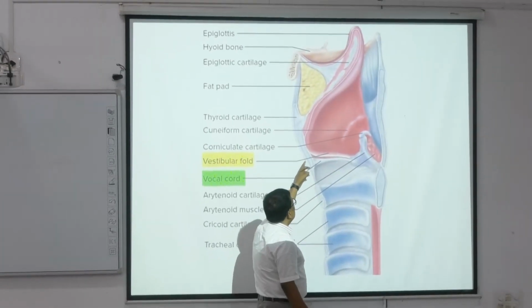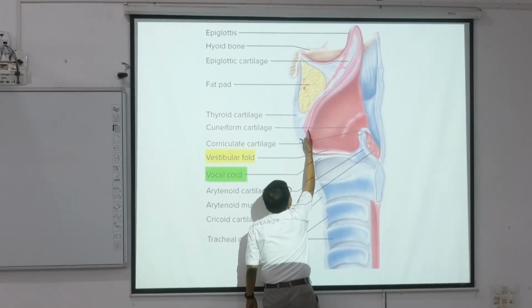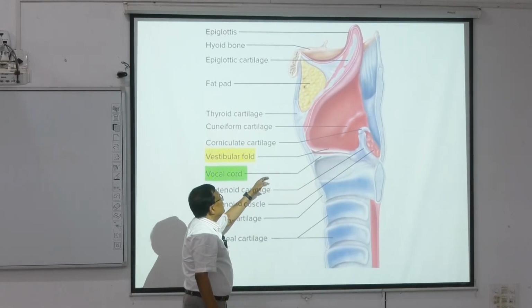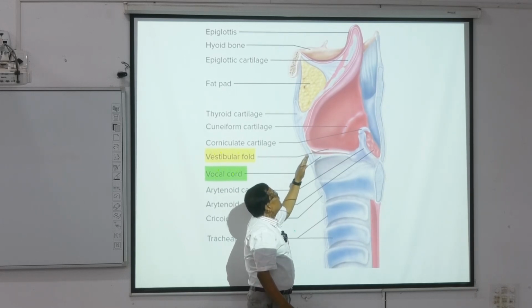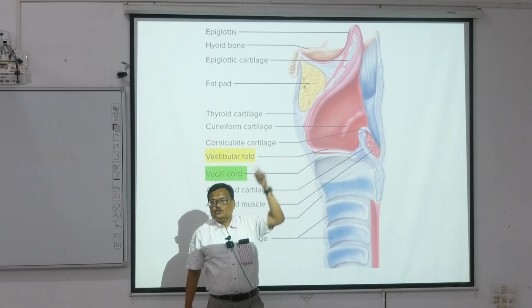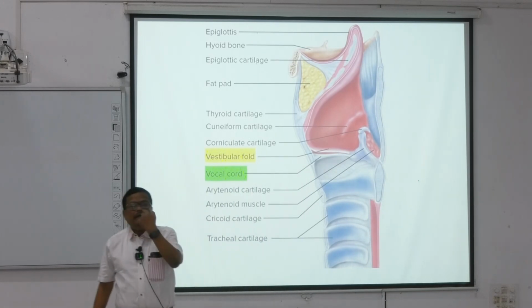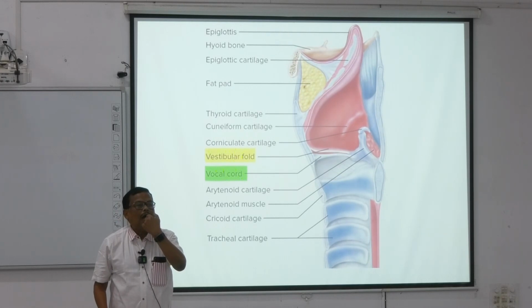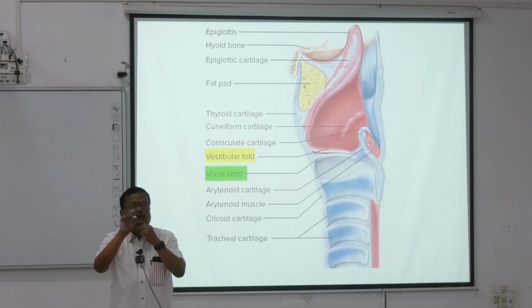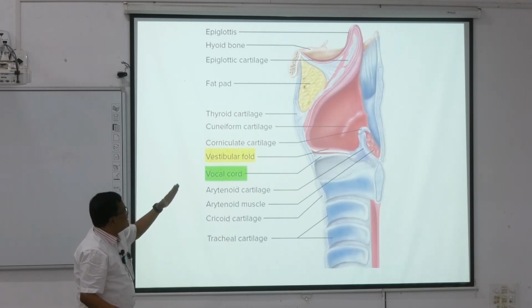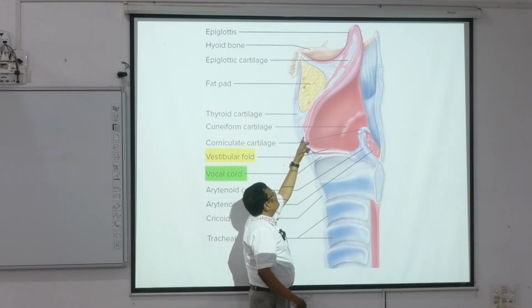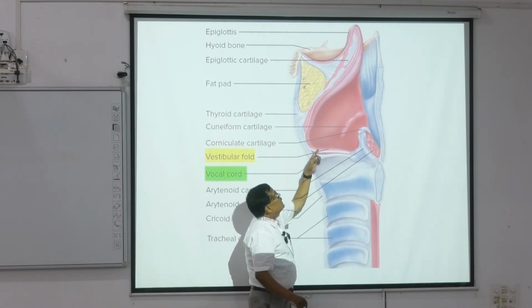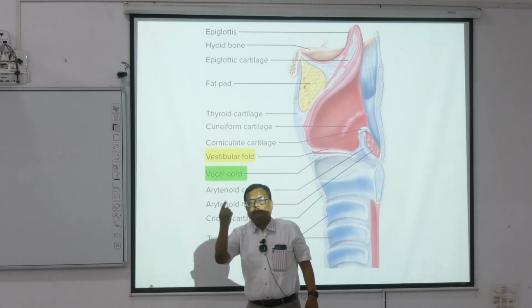This is the inside of the larynx, with the cut section of the thyroid cartilage and the cut section of the epiglottis. Look, the epiglottis starts from a lower part in the middle of the thyroid cartilage, and the upper part is above the hyoid bone, so that you can see the tip of the epiglottis through your mouth. So the epiglottis is situated in this fashion. The lower part is more or less in the middle of the posterior surface of the thyroid cartilage, and the upper part is just above the base of the tongue.